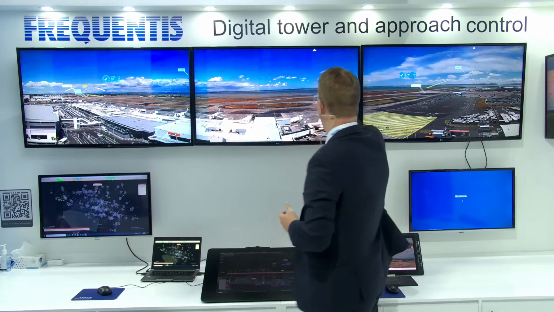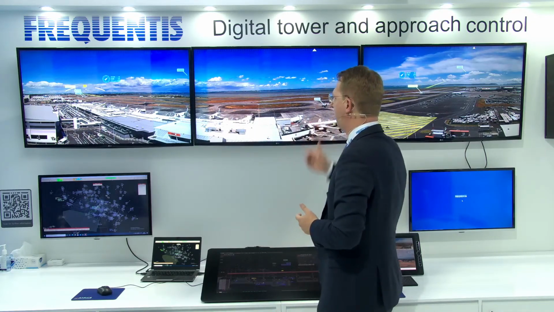Welcome from Dubai. My name is Peter Griedling and I have the pleasure to introduce you to the topic of remote tower and the different references we have already worldwide. So what you see behind me is our remote tower system. Here it's the airport of Auckland, and the remote tower system basically consists of two major components.